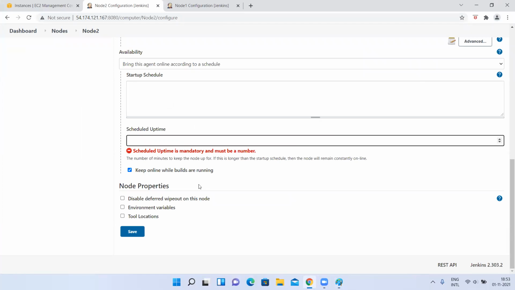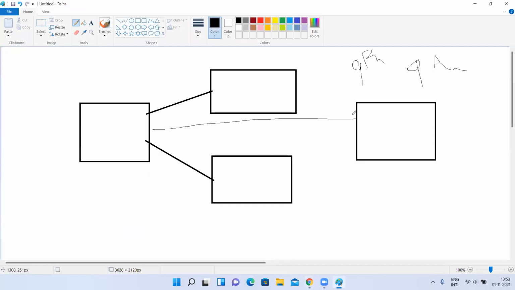The connection will still be there. Tomorrow at 9 a.m. it has to get disconnected from the master, but there is one running job, so it will wait until that running job completes. Once that job completes, then it will get disconnected.